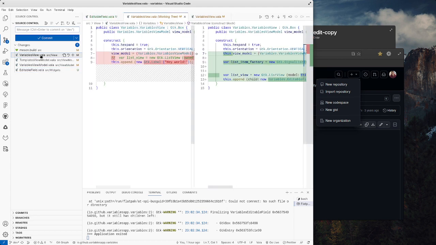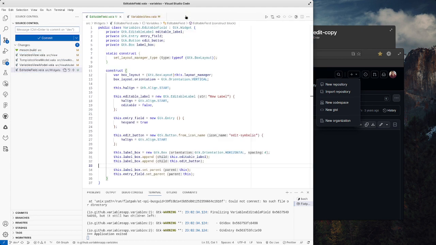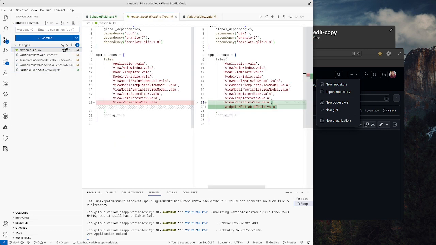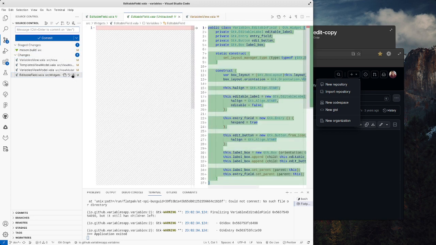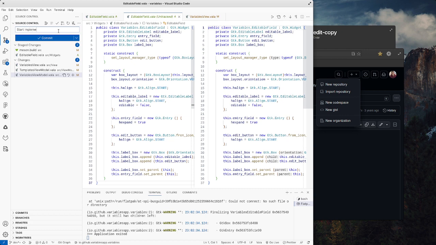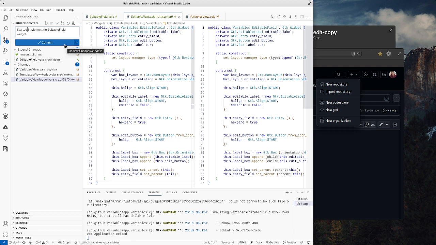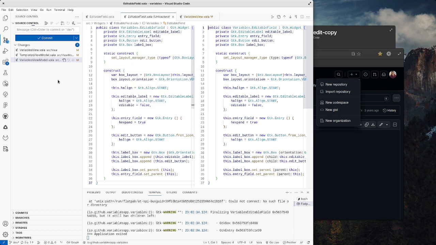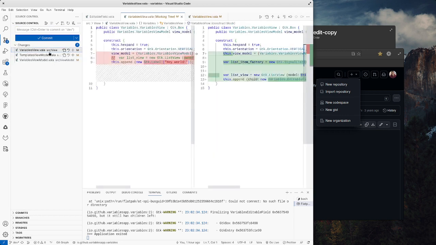Yeah, so got some more comments. I'll say here, start implementing editable fields widget. That's so far. So then the other one,